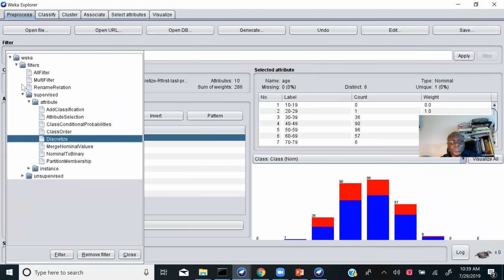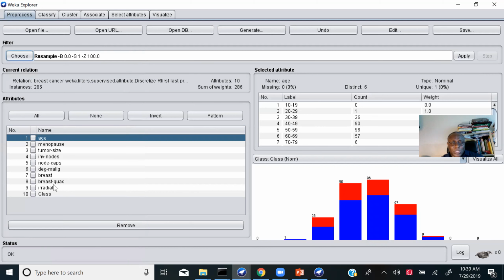Now let's do the instance. I'm going to select any algorithm here. Let's try resample. See if it's going to reduce our number of instances from 286 to lesser. Of course, we cannot increase. What we can do is by decreasing. And when I apply, nothing changes.